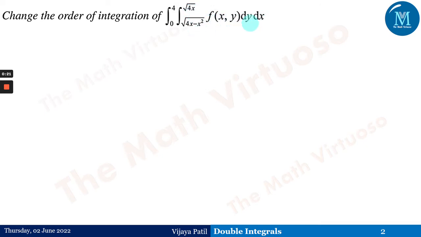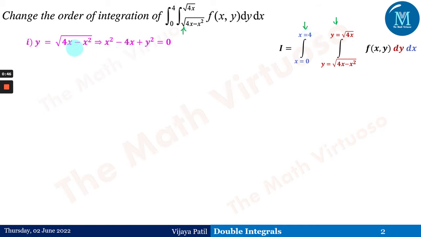If you observe here again, we have to understand that two variables are given, that is x and y. Out of that, the inner integral depends on the variable x. That means in the integral we do not have the variable y, so the inner integral is for y equals to this. Similarly, the outer integral is the remaining variable, that is x equals to 0 to 4.